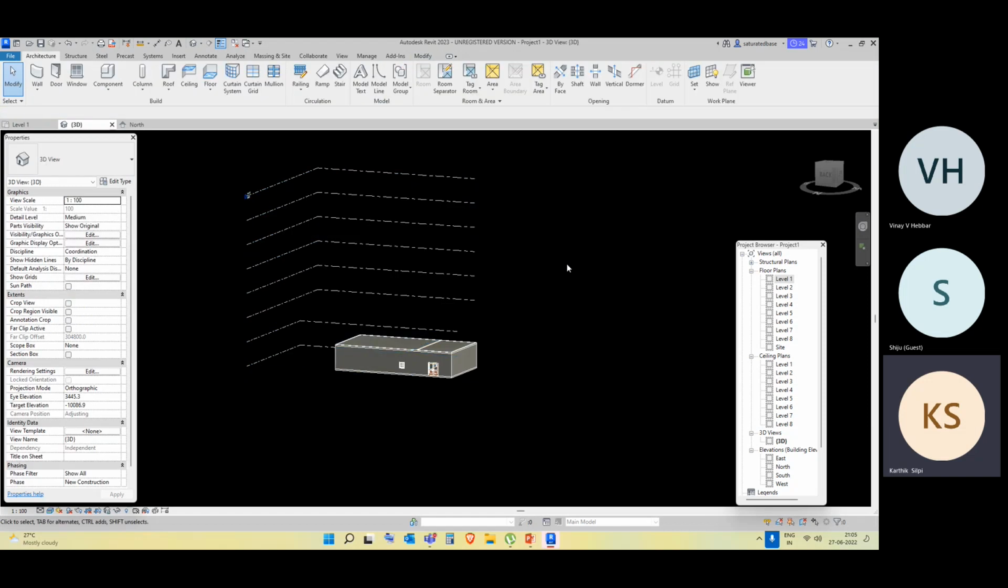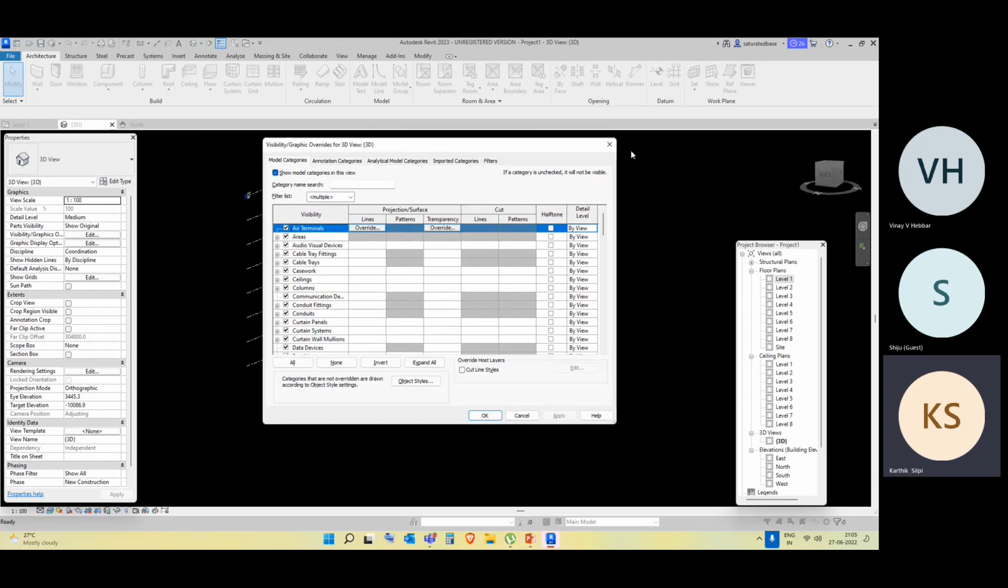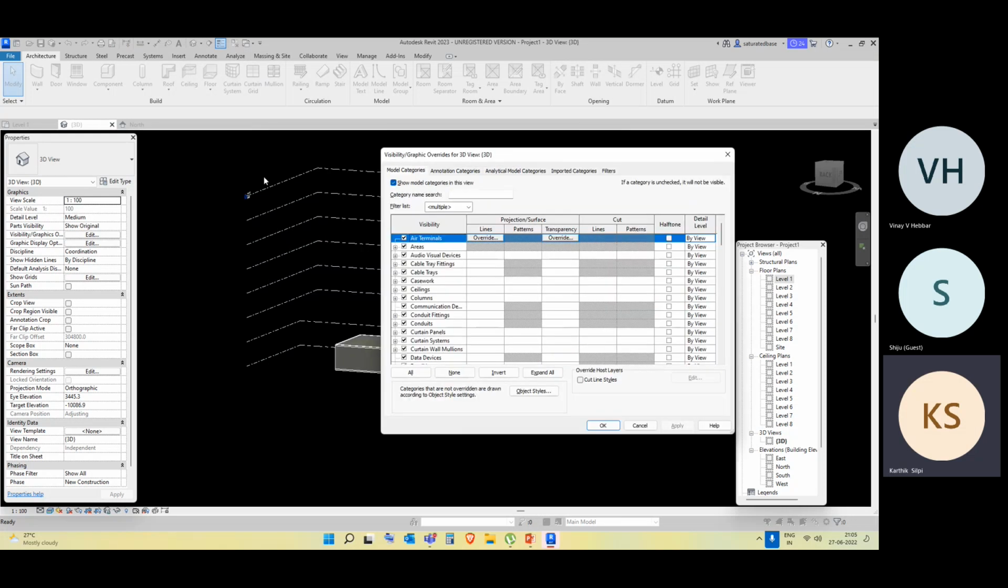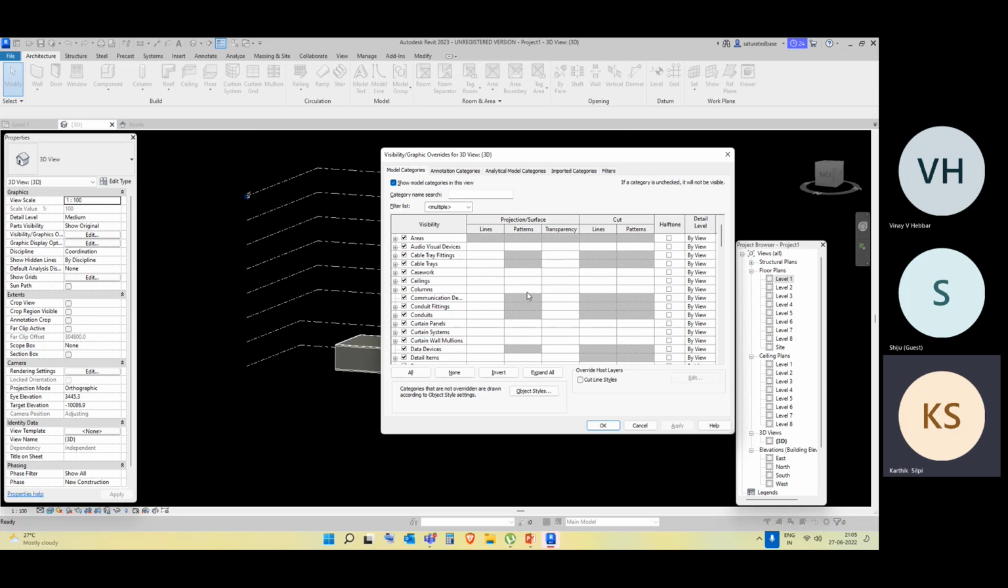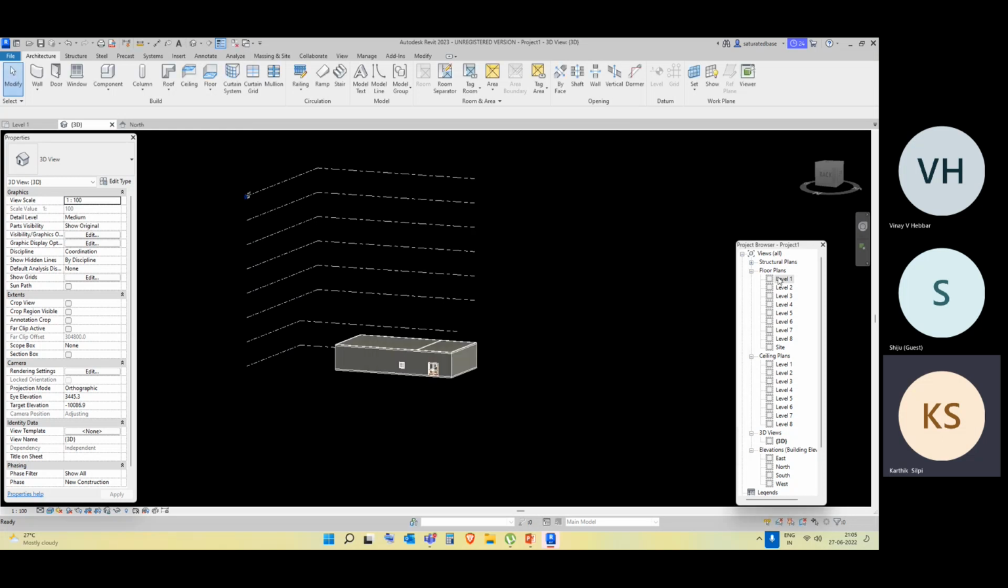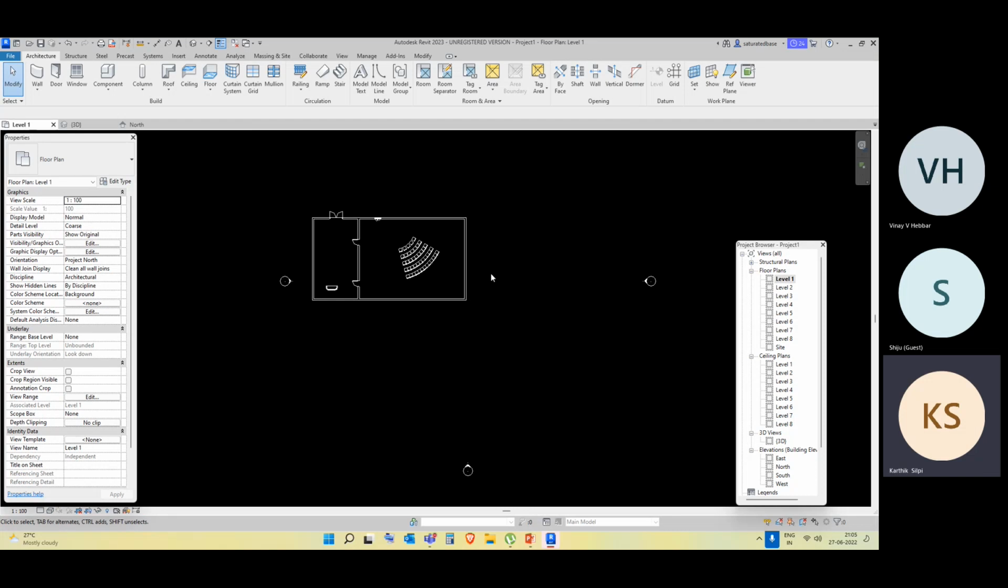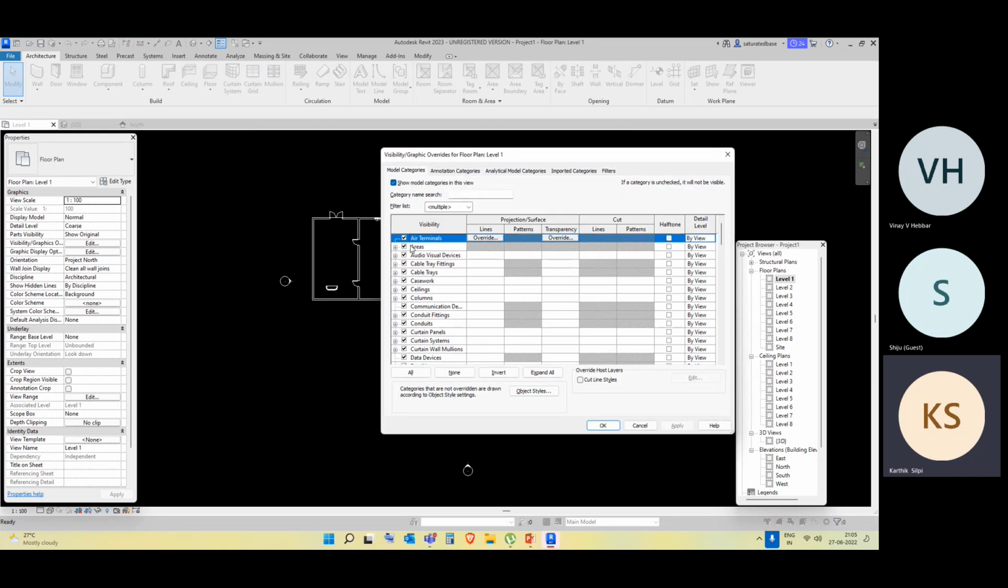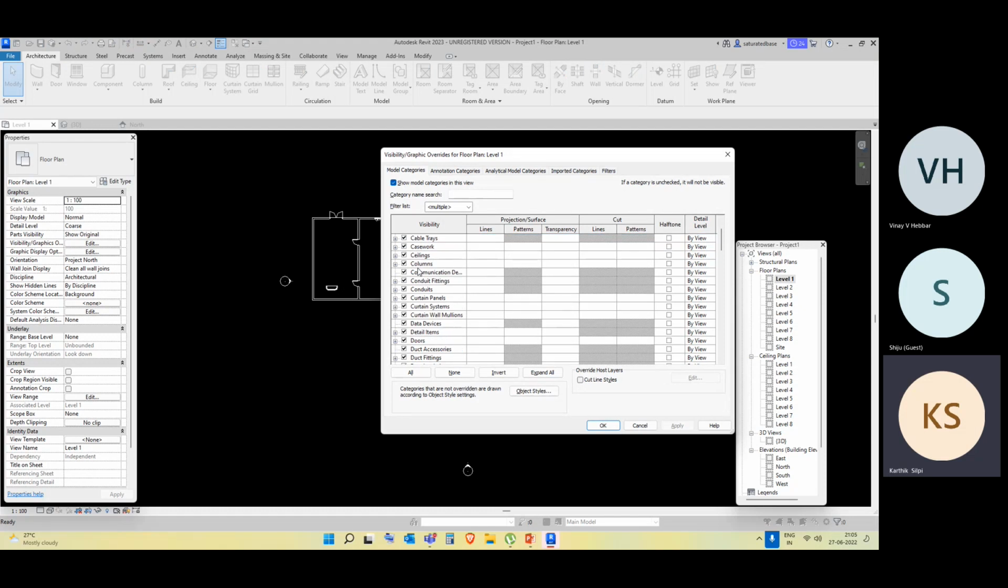For that I can go to visibility graphic settings, that is VG or VV, the shortcut. This particular option will allow me to restrict the view that is there. For example, this is the 3D view. What are the things that I have to show or view in this particular view can be controlled in these VG settings. Even in plan view or whatever view you are in, if you tap this VG option, you can turn on or turn off certain options so that you can see them in your project or not see them in your project. Like for example, if I turn off